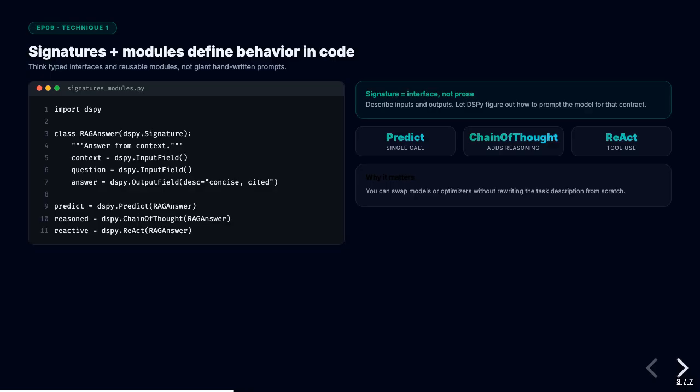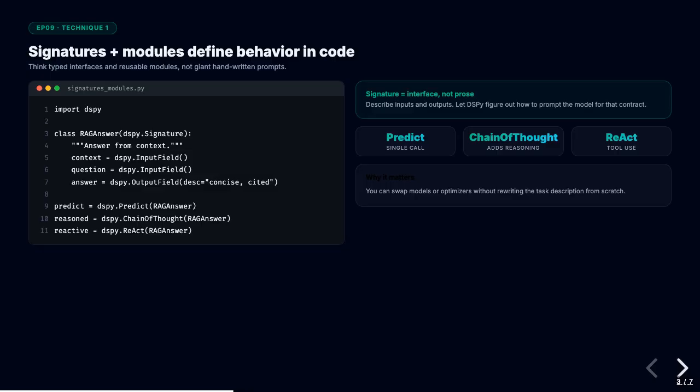This is how you build a RAG module in DSPy. You create a class called AdvancedRAG that inherits from dspy.Module. In the initializer, you set up your retriever, a dspy.Retrieve that fetches the top 5 passages. Then you set up your generator, a dspy.ChainOfThought, using a QuestionAnswering signature. In the forward method, you call the retriever with the question, collect the passages as context, and pass both to the generator. That is the full pipeline.